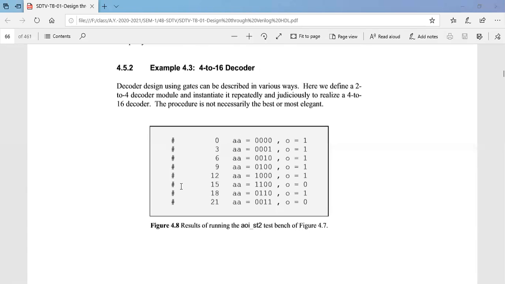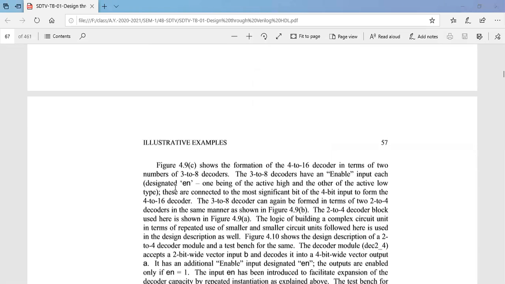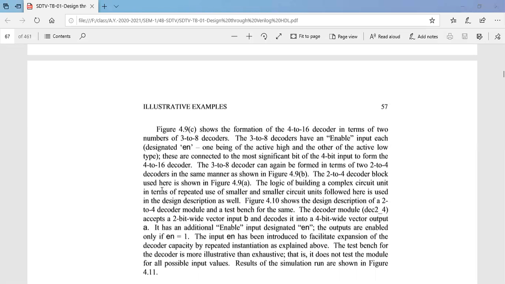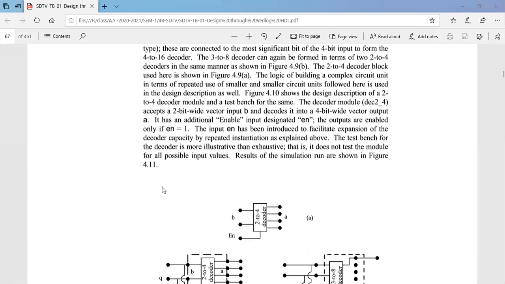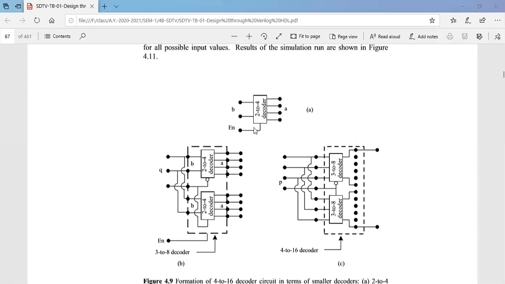If you see here a 4 to 16 decoder, you recall the concept of encoders and decoders: 3 to 8 decoder, 4 to 16 decoder. See here the concept of a 2 to 4 decoder. We have two inputs and a single enable, and these 2 bits will be changed to 4 bits. We are decoding. If it is encoding, we will have a huge number of bits as input and very few as outputs, right? So we have a 2 by 4 decoder.